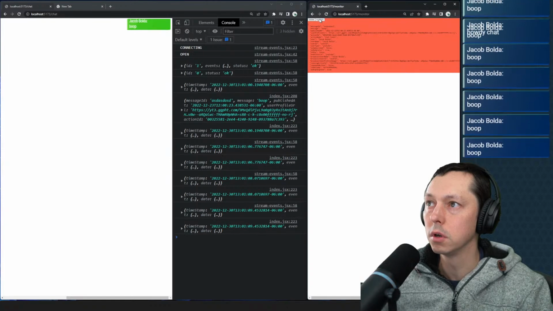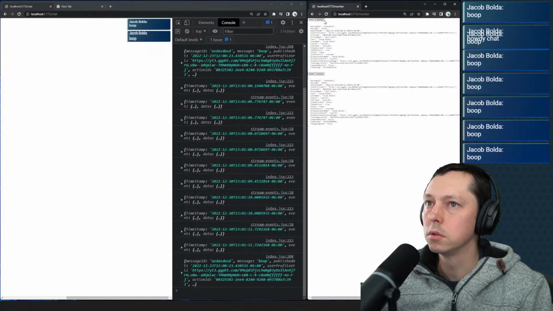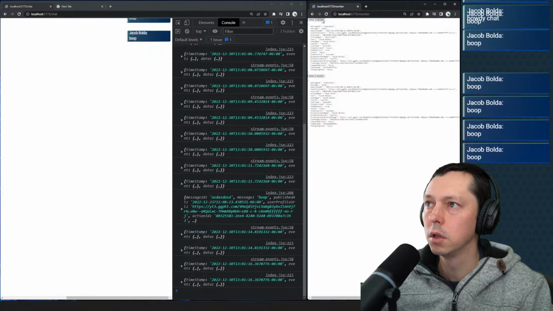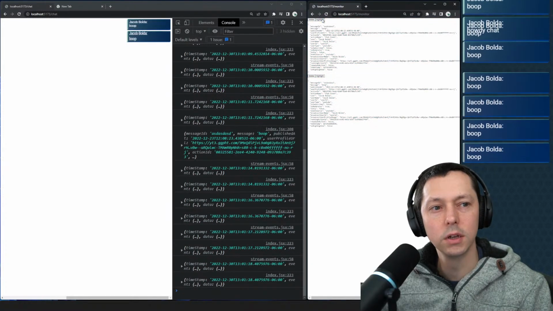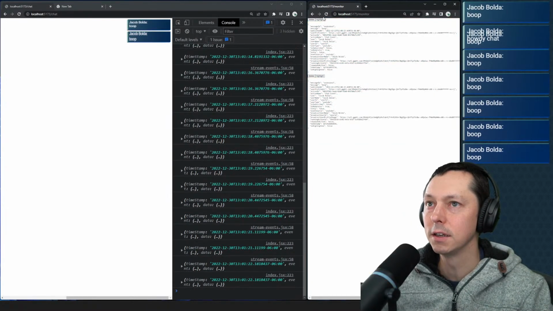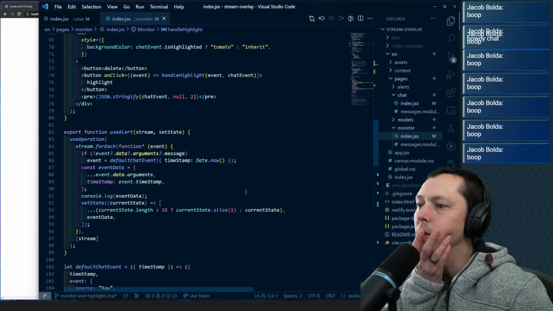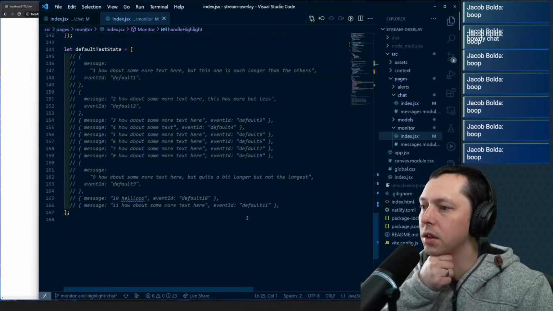Highlight works, although the size of it got kind of funky. That's weird. We highlight it and then it loses its kinematic translation. Where are we setting that? We are setting that